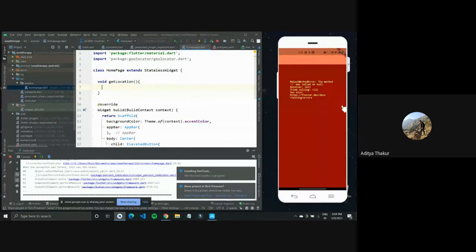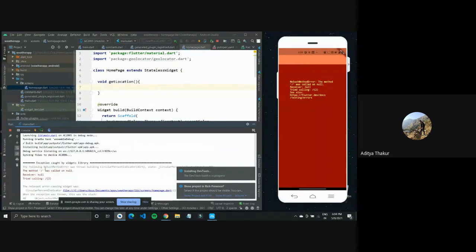Method was called on null. Again, we are getting this error. Circular percent indicator. So we'll just get rid of that, I think.